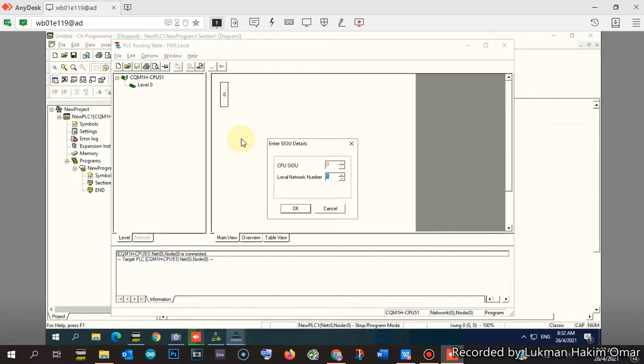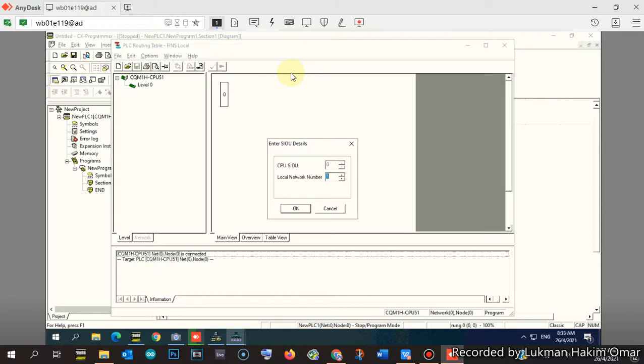Okay, so for this unit 0, we do the same thing: right click and then we select the SIOU, CPU SIOU. Okay, so for the local network, because this is the only one, that doesn't mean that the local network will be number 1. As for the slave PLC, it should follow the local network number of the control link module.